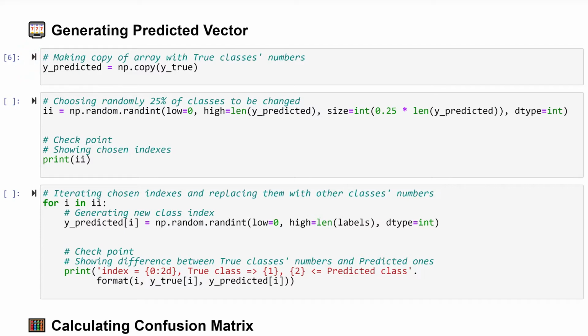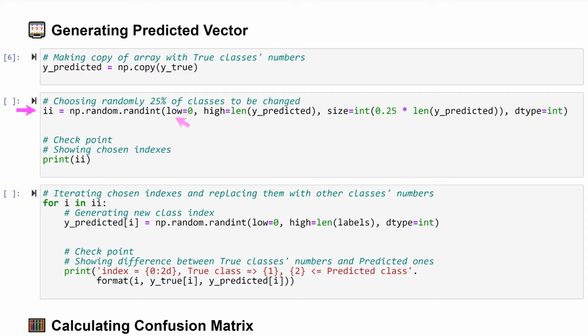Okay, let's continue. In the next two cells, we slightly change our vector with predicted classes numbers in order to include some error inside it. In this cell, we randomly choose indexes to be changed. We again apply the numpy function np.random.randint.